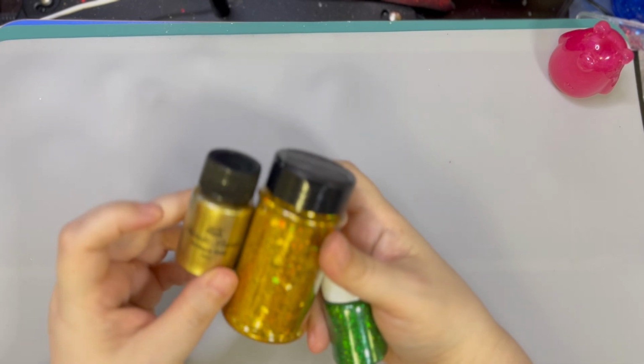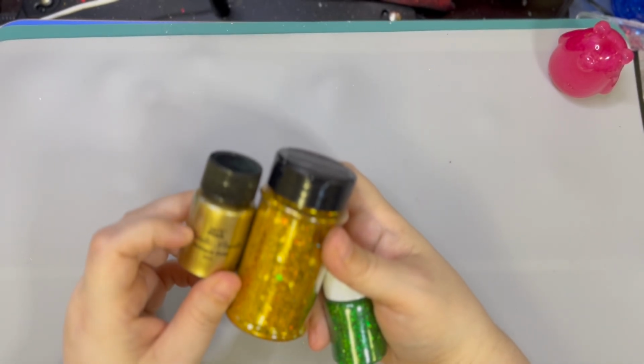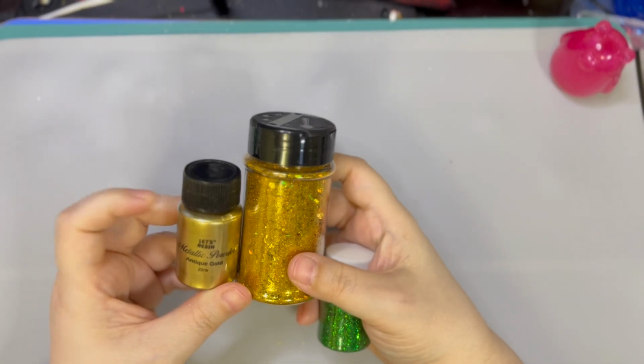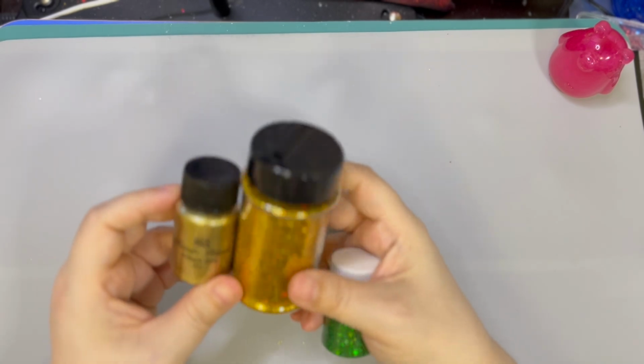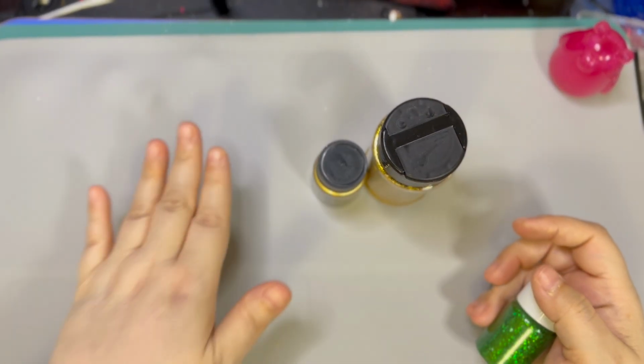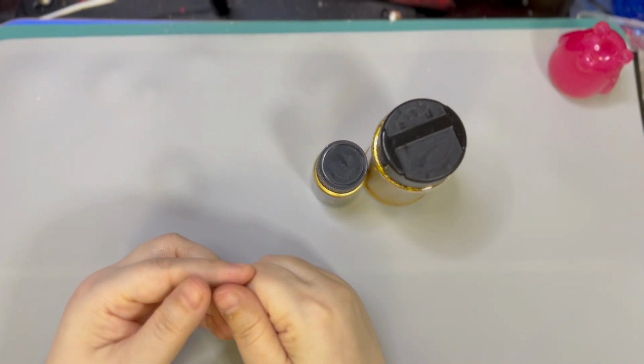So what I was trying to say is I don't know how much this will overpower this, like if it's going to be a lot like the pigment paste or not, but I'll just add a little bit, then I'll add some sparkles and see how it looks. But I think I'm going to do this for the bow, and then for the box itself,